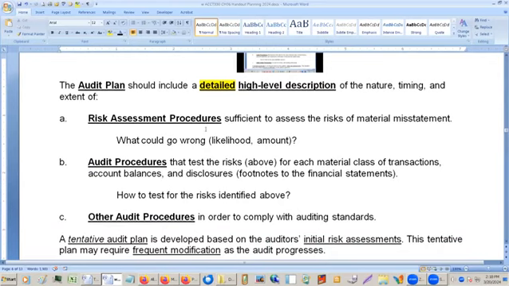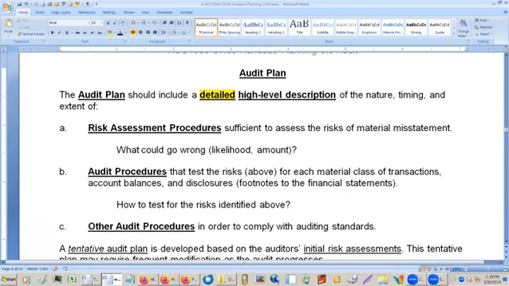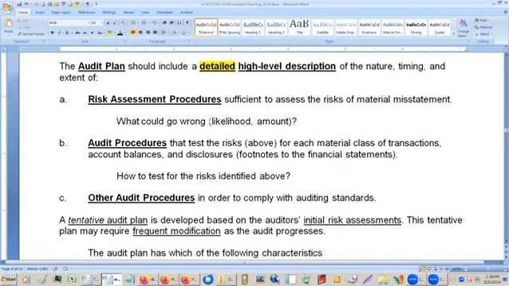Now, you will have different audits for different clients. Every client is different. There's no such thing as an ordinary cat. I think I told you guys that before. Maybe I didn't, but that's my favorite fortune cookie saying. There's no such thing as an ordinary cat. Every cat is different. They're different colors, different sizes, different everything. Same thing with clients.